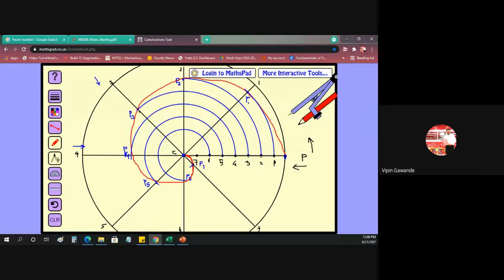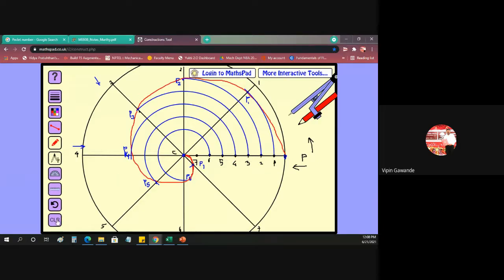Okay. So likewise, whatever red curve we have drawn, this is called the spiral. This is called our spiral. Okay. So what we have done, we have taken the line and joined all the points P, P1, P2, P3, P4, P5, P6, P7, and it comes up to the center. Okay. So this is the Archimedean spiral, which is obtained when the P point is moving from the end to the center. Okay. So this is the first condition.